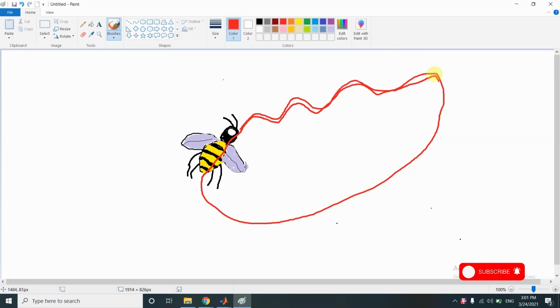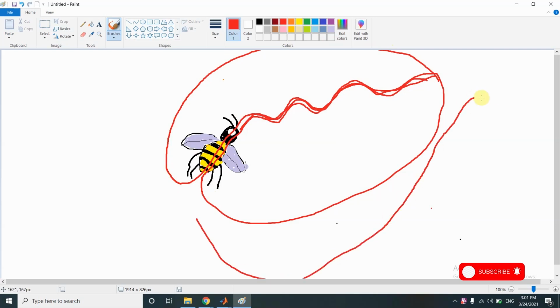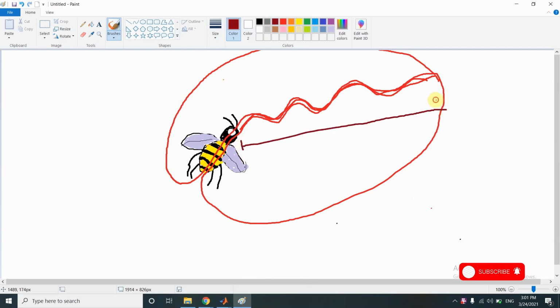and again moves in the same zigzag direction, and then it goes around in the other direction and again it energetically moves in the same zigzag direction. This is the round part that is of no use to us, but this straight part of the dance tells us about the location and the quality of the food.